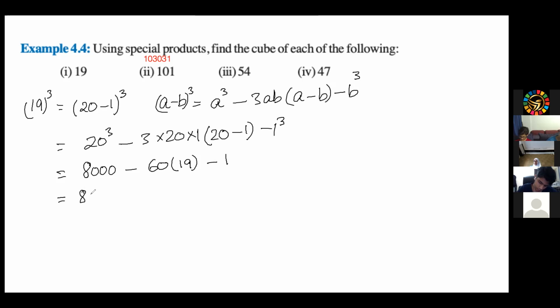Now it is 8,000 minus 19 sixes are 114. Is it correct? 114, ma'am. So 114 into 10 and minus 1. So actually you have to subtract 8,000 minus